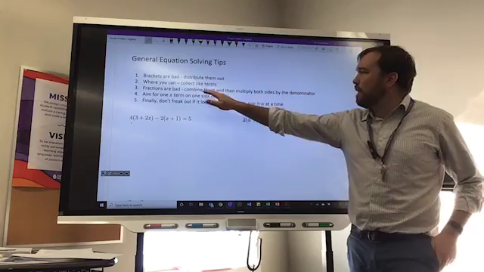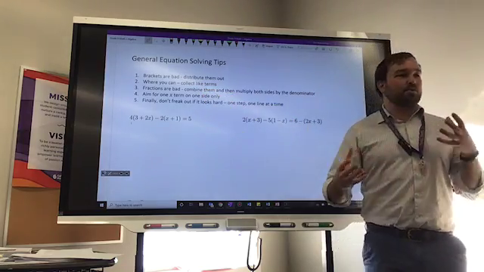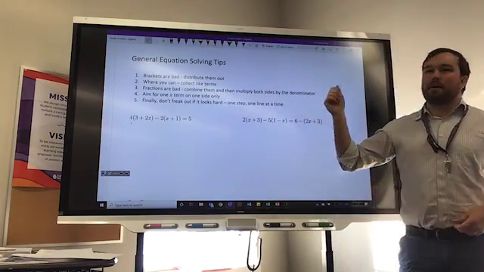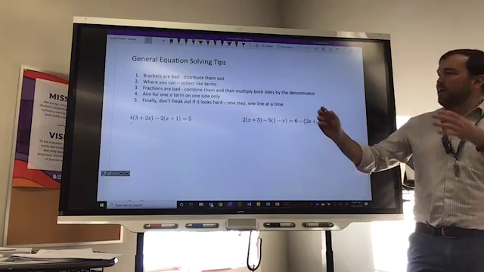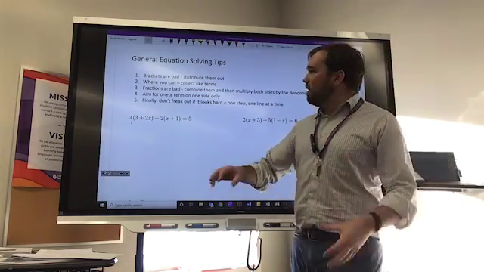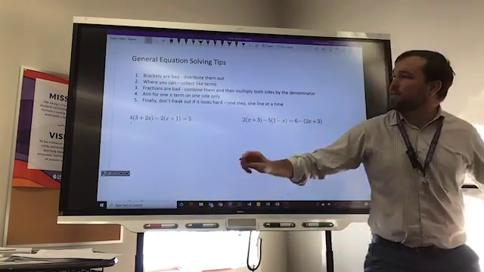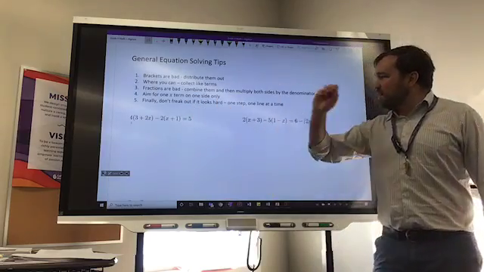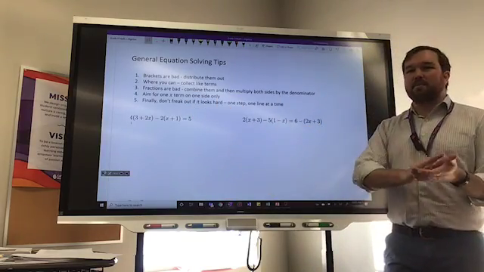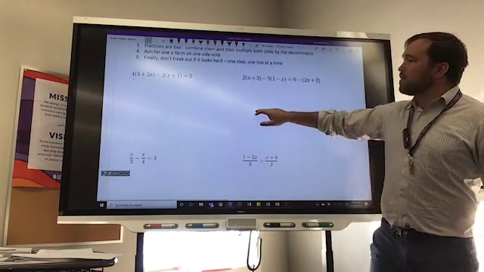In general, fractions are bad. You want to combine them, and there's a couple of strategies for that, and then multiply them out, or cross-multiply, and we'll look at how that works. Remember, at all times, your aim is to end up with x on one side, all the numbers on the other. And finally, don't freak out if it looks hard. One step at a time, we'll get it through nicely. So, first